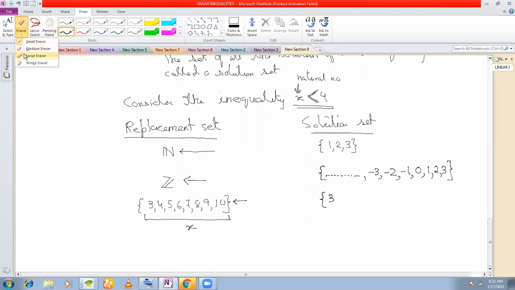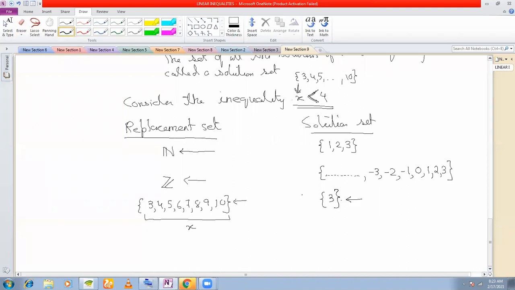If x can take only these values in this inequality, that is, it can take 3, 4, 5, and so on only till 10. So if you now start comparing, if you put x is equal to 3, yes, 3 is less than 4. So therefore, it will be a solution. What about 4? 4 is not less than 4. So therefore, it cannot be. Similarly, 5 is not less than 4. Therefore, it cannot be a solution. So the only solution of this is 3. So what you see here is you are getting a single solution of the inequality.